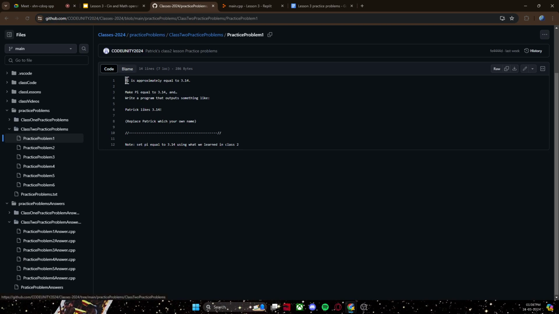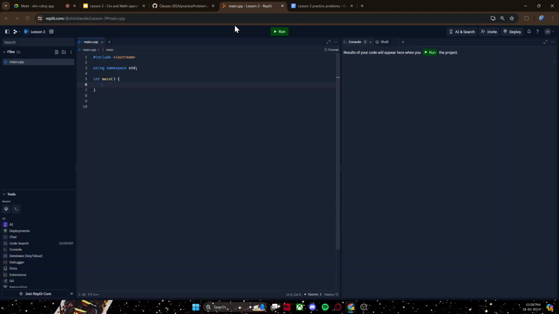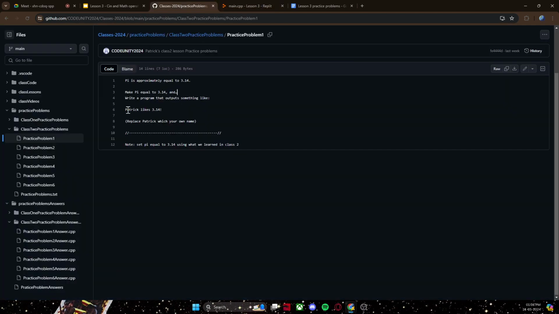All right. The first one was pi is approximately equal to 3.14. Make pi equal to 3.14 and write a program that outputs something like "Patrick likes pi, so 3.14." For this part of the program, we make a variable called pi and make it equal to 3.14. So let's say double, and we'll call it pi equals 3.14. Now we have made a variable called pi, and now we just have to output the rest